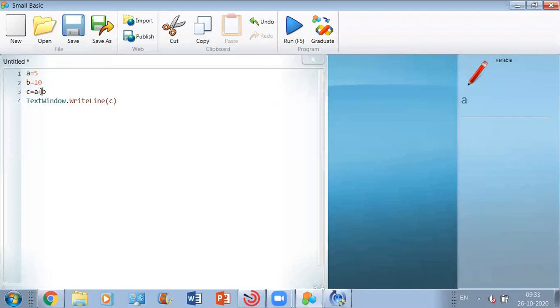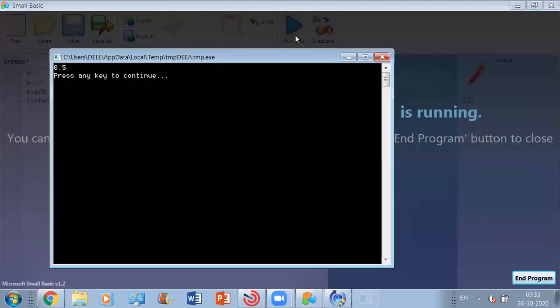Likewise, if I replace this plus with this sign, slash, it is for division. When I run my program, this is what I'm going to get, because 5 divided by 10 is equal to 0.5. That's what we are getting as a result on the text window.